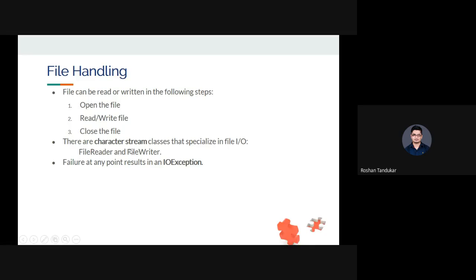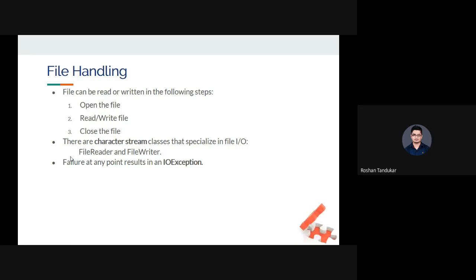we are taking each character at a time in a sequence to read or write a file. That's why it is said to be a character stream. So if you have to read or write, a single character will be read or a single character will be written at once. So for that we are going to use the FileReader and FileWriter classes. You can see here both FileReader and FileWriter start with a capital letter. That means those are the built-in